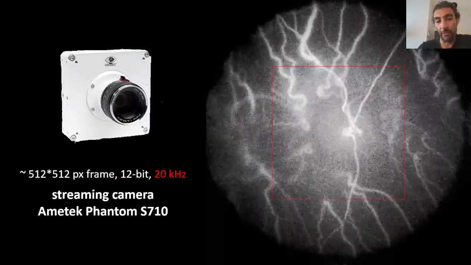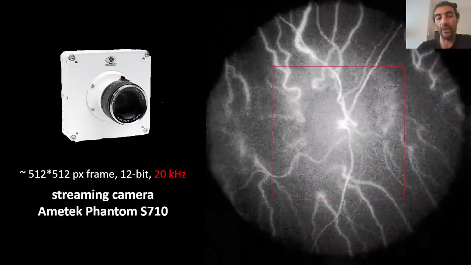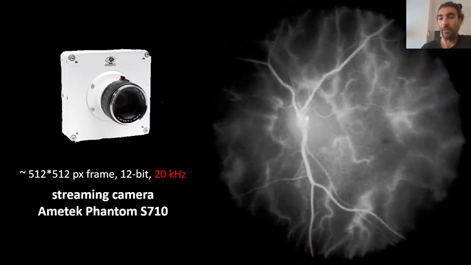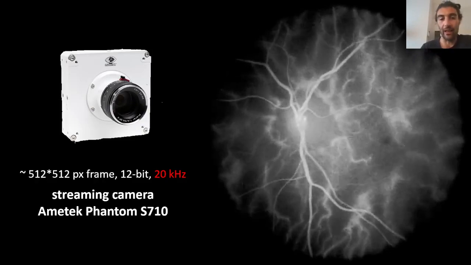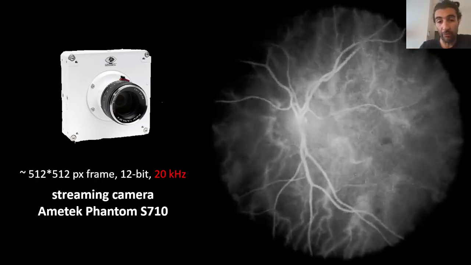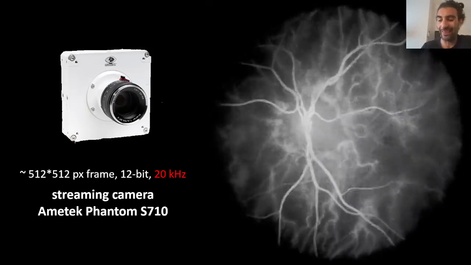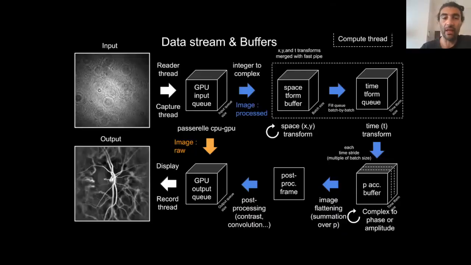Well, we used the camera at a frame rate of 20 kilohertz. And we've been designing the system that handles hologram rendering and analysis at a whopping data rate of 10 gigabytes per second. And the way we did that is to basically collect all the data that happens to be there completely asynchronously. The computer cannot know when the frames are coming. So we make a buffer that hosts